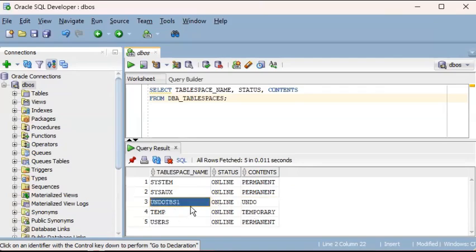Undo TBS1, there will be undo TBS2. So it's for an undo tablespace, for the purpose of Oracle's own usage in the undo tablespace. Okay, so